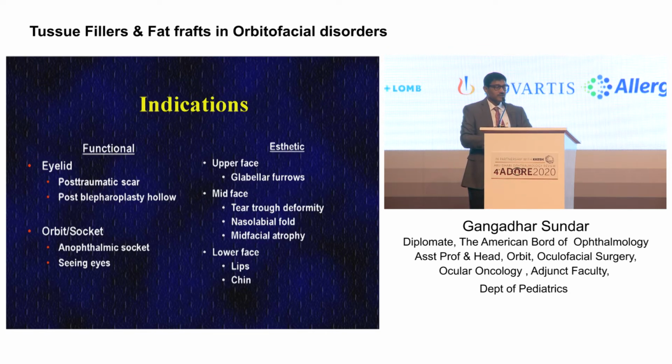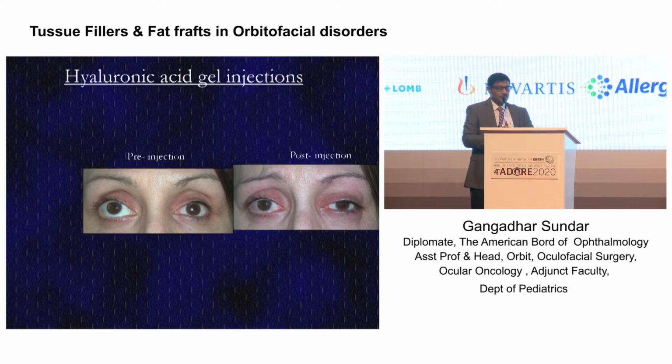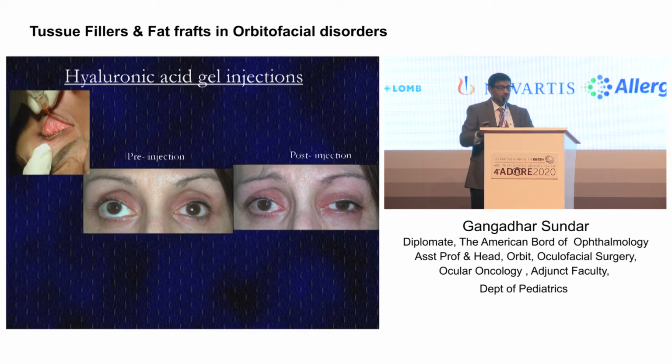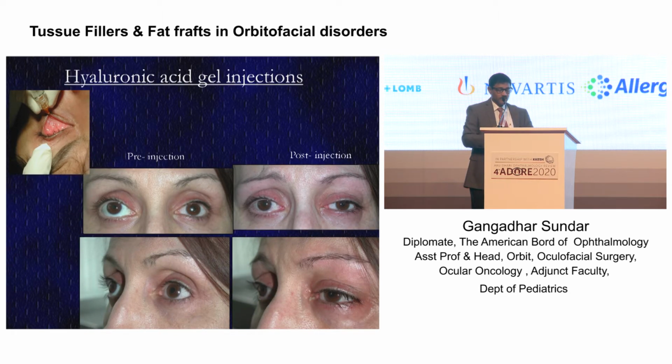So what are the indications? There are functional indications and aesthetic indications. Hollows from post-traumatic scars and deformities are good indications. Anophthalmic sockets with sunken deformities are examples of good indications. An extension of the same are deep furrows, which are not dynamic but static furrows, and can be filled up with fillers, but be careful about complications. The most common indications are periorbital, in the tear trough deformity, and every once in a while in the lower face itself. Here are examples of patients who have superior sulcus deformities, where you can inject fillers to deliver